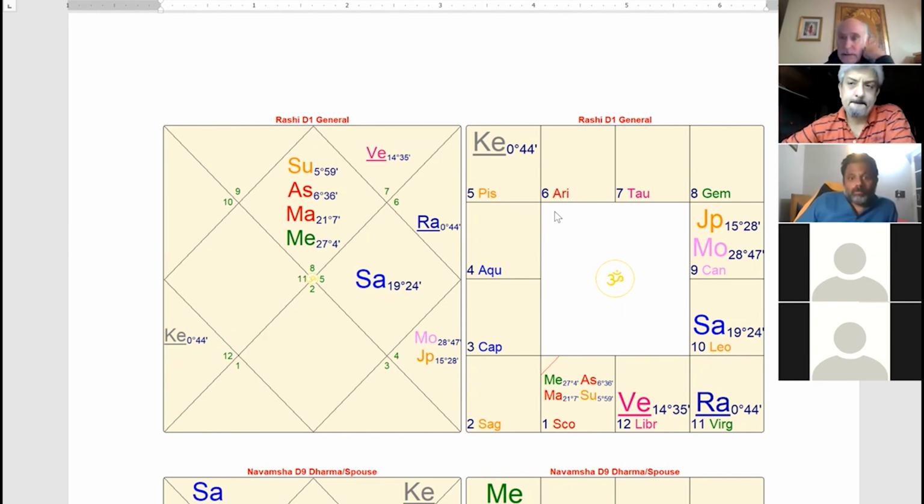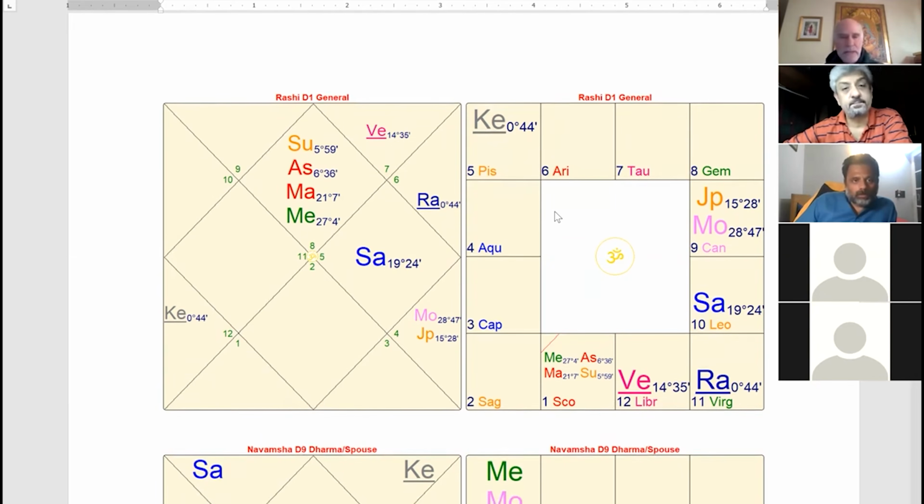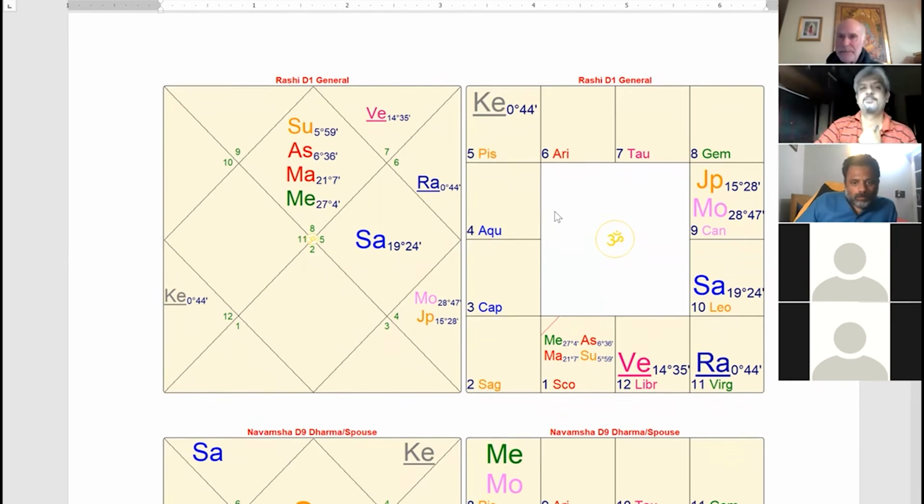I wrote this article called Intimate Connections, right? We're talking about planets in Kendra Sambandha to each other. Notice that this Jupiter and Moon are in Kendra Sambandha, particularly Jupiter, the 5th lord, with Venus. And if I showed you Saptamsha, which I'm not showing you here, you'll see that Moon and Venus are in Sambandha with each other in the Saptamsha.